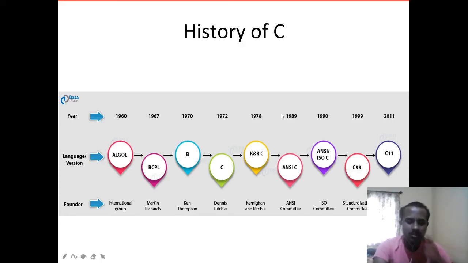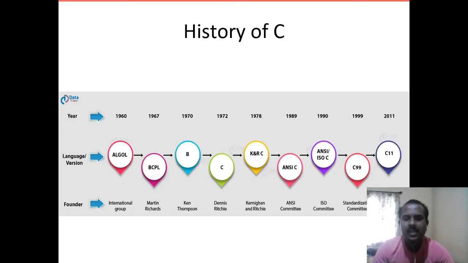So let us go through it again. ALGOL is the first root of every modern programming language. It was invented by an international group in 1960. It is the first programming language to implement structural programming.